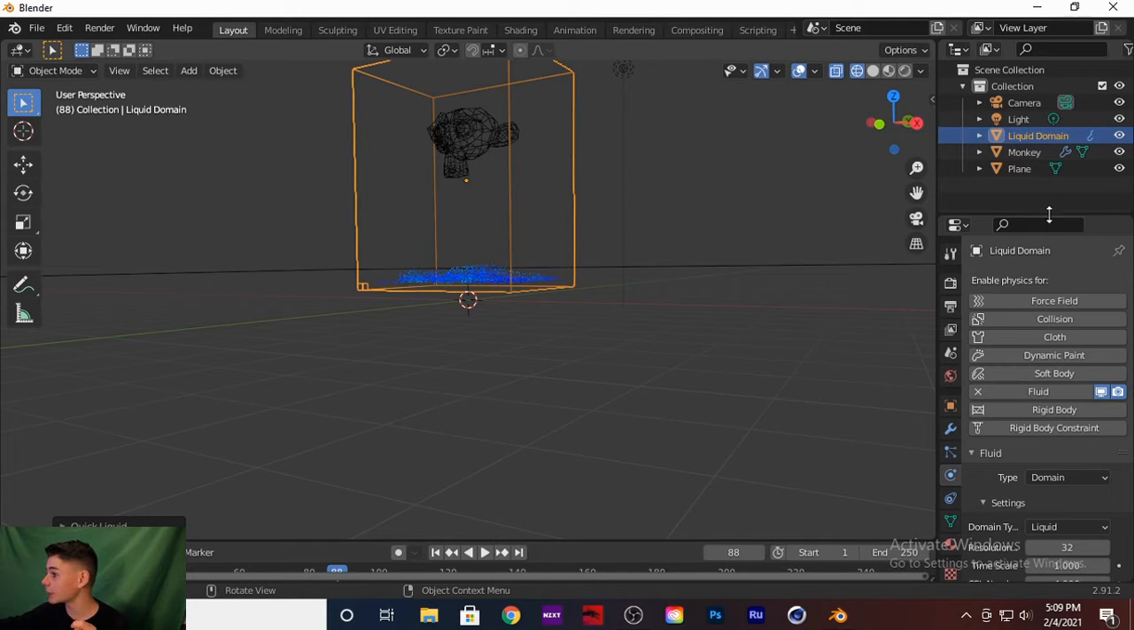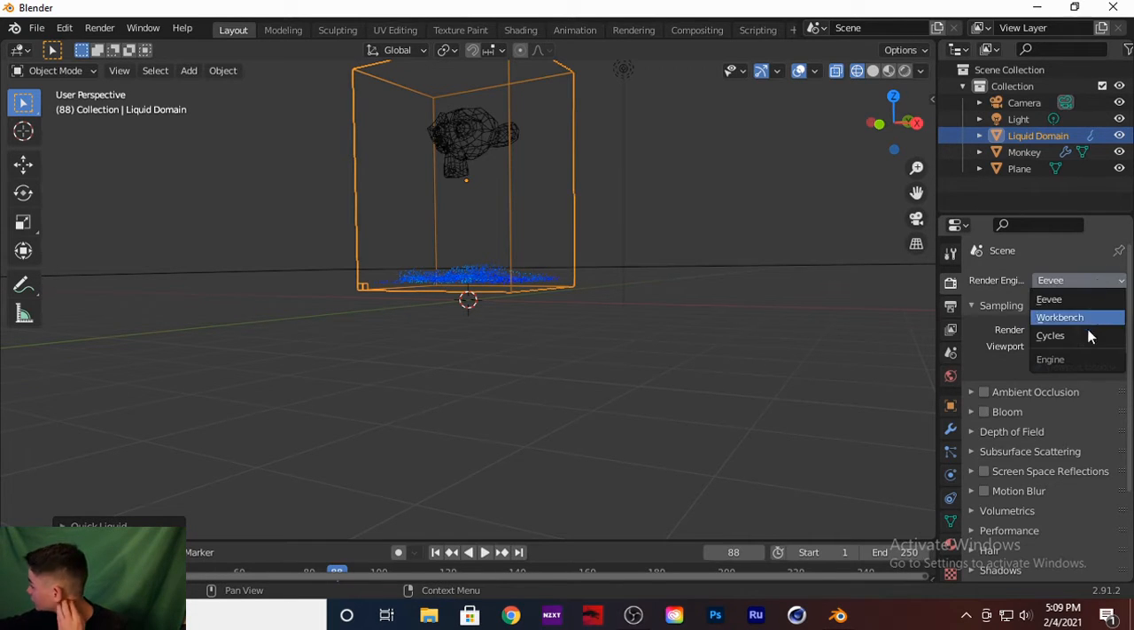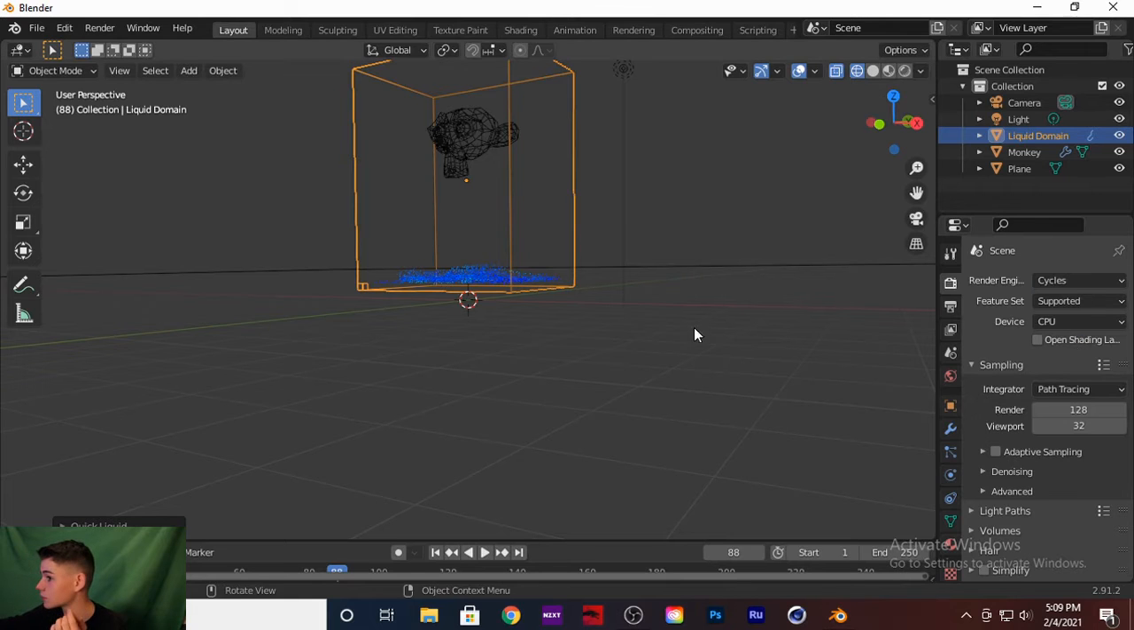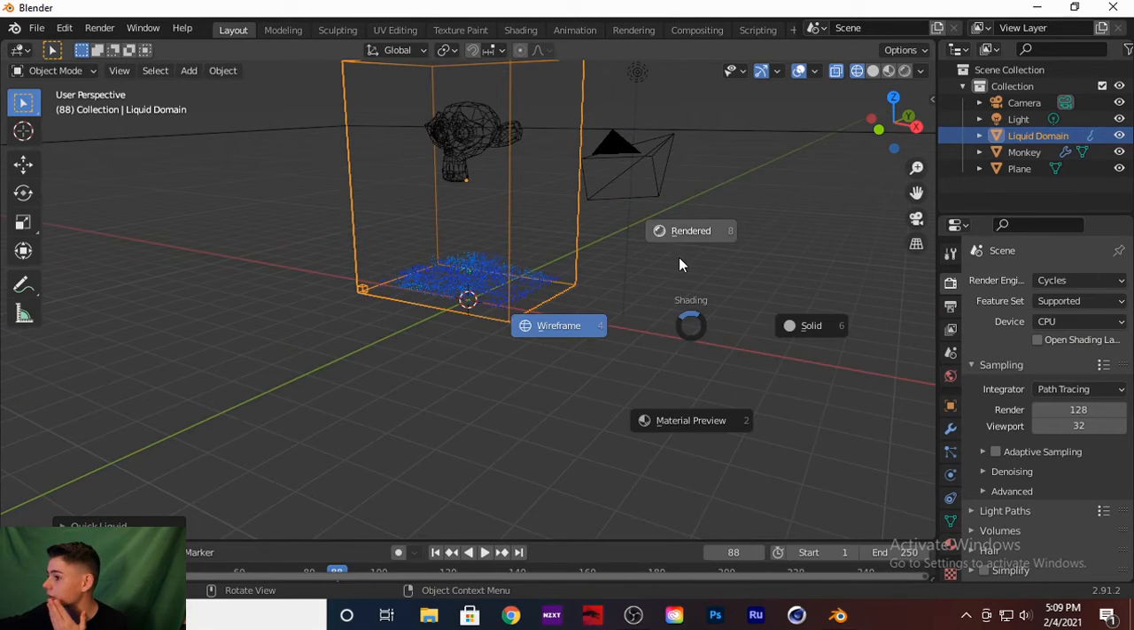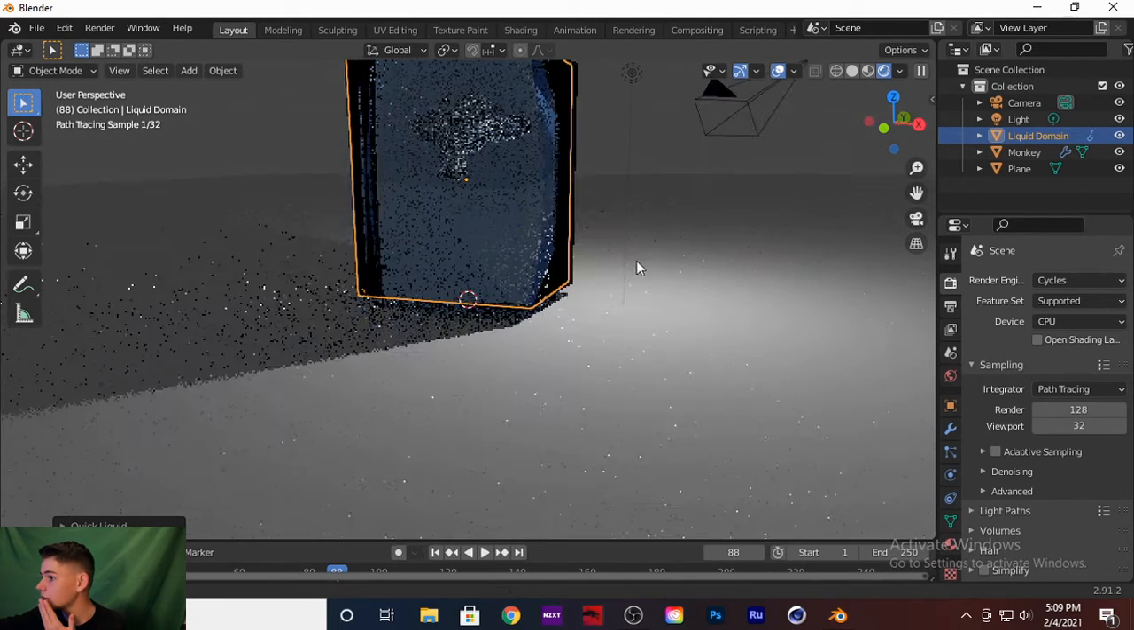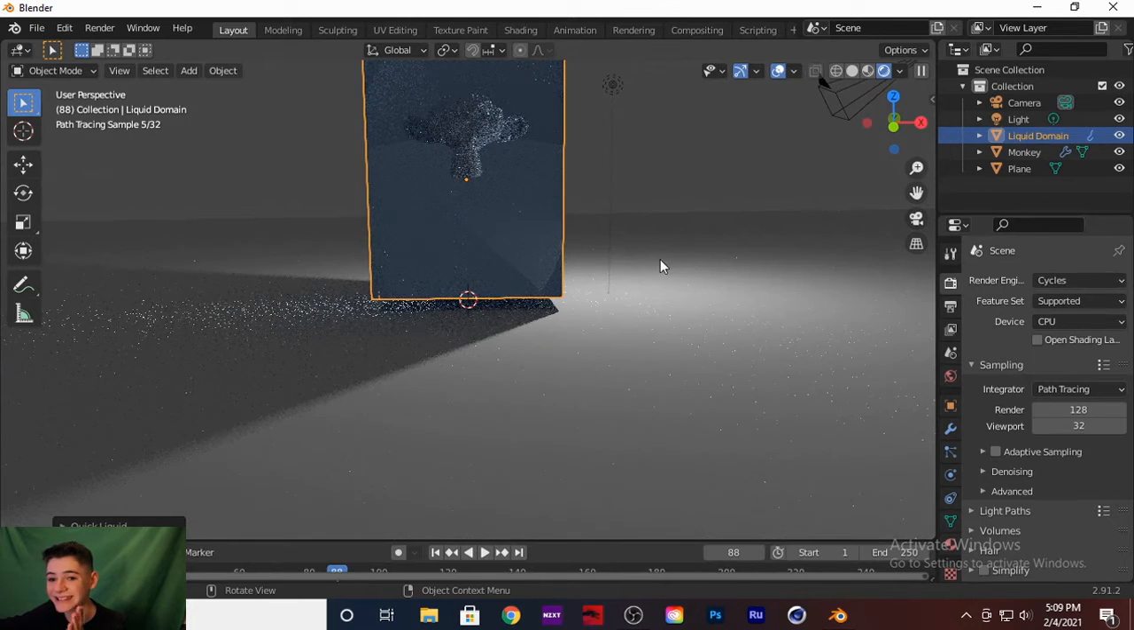But the first thing you're gonna wanna do is come up to this little camera icon, and it's called render properties. I didn't even know that. But anyway, you're gonna click that and change it from Eevee to Cycles. This will make it look way better. So if we click rendered, we see our monkey inside of a